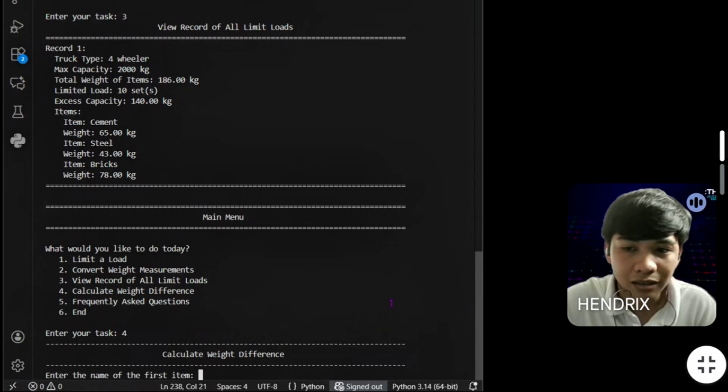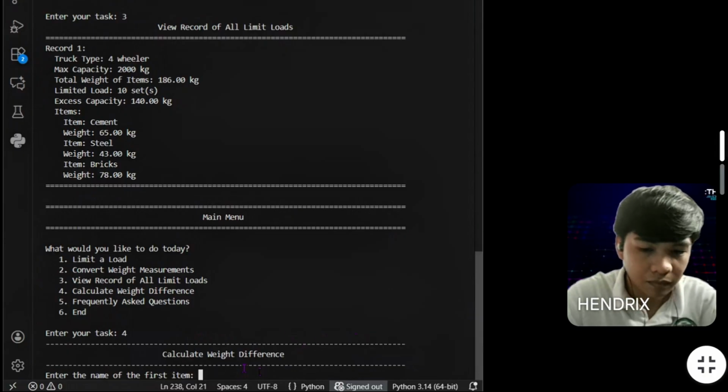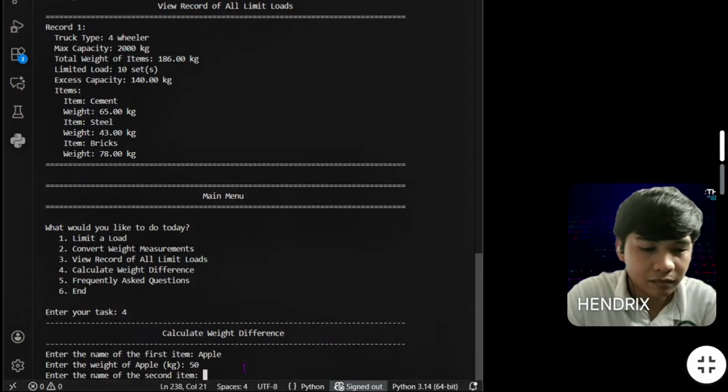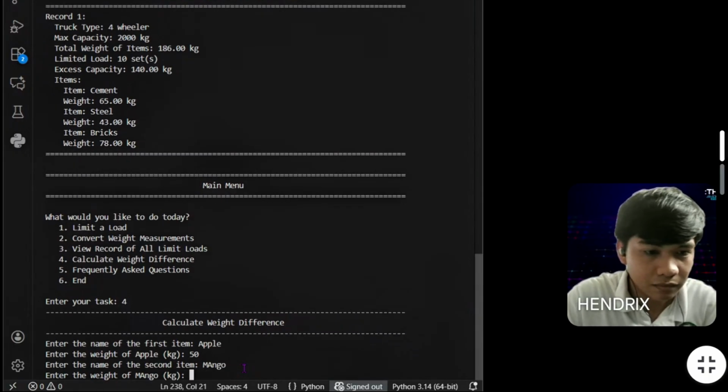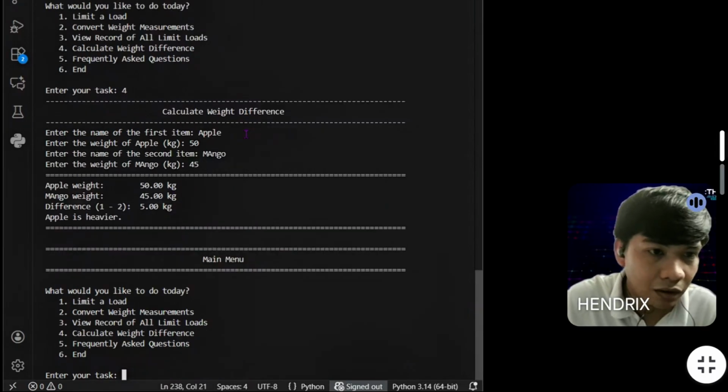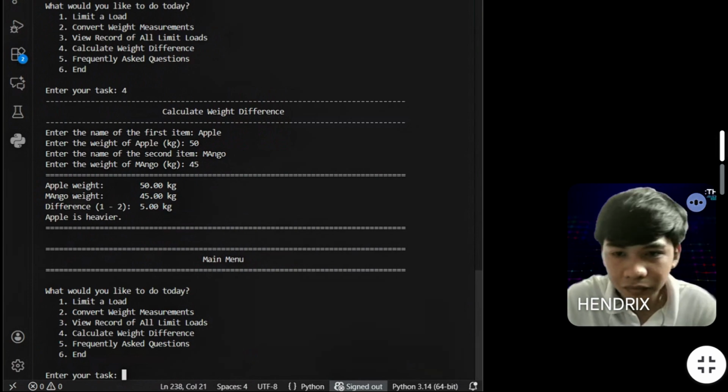It then calculates the absolute difference and provides a comparative analysis. Let's try it. Now you can see the weight difference of our two items.